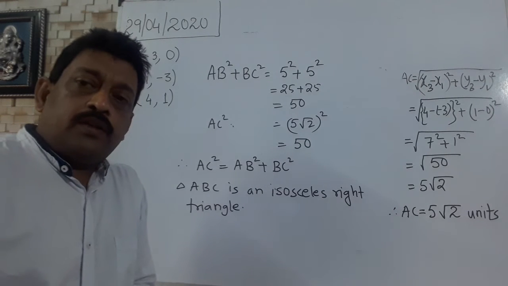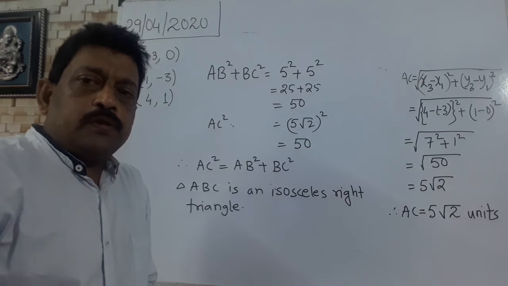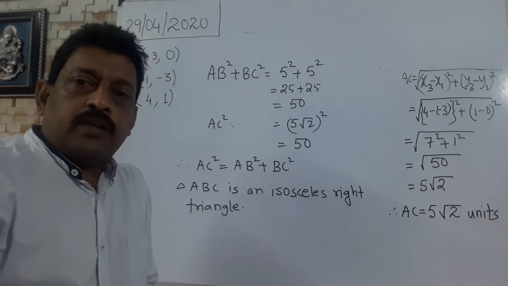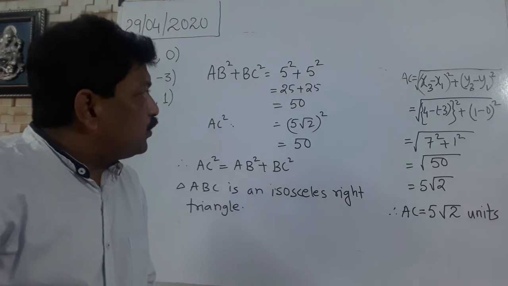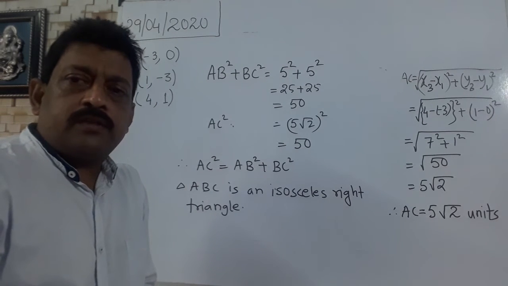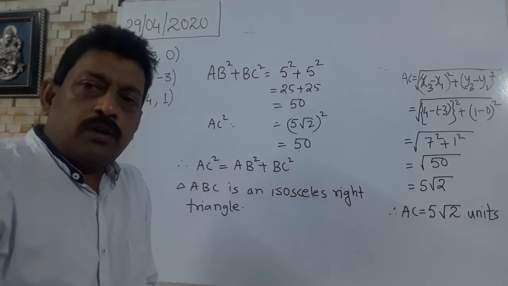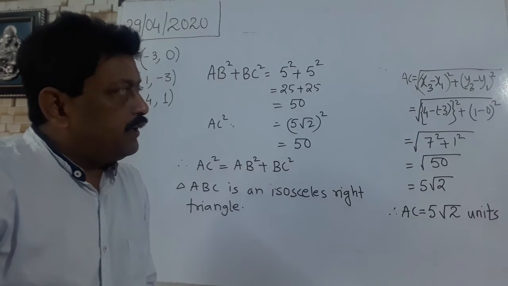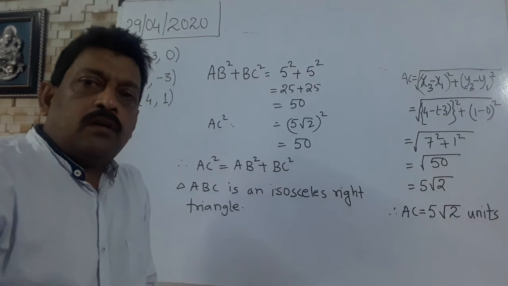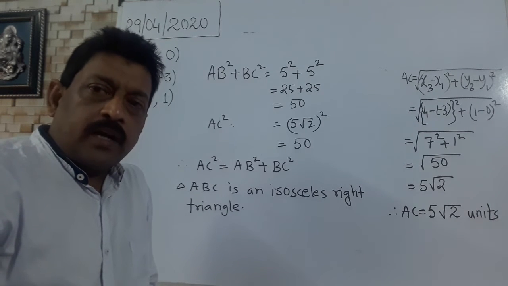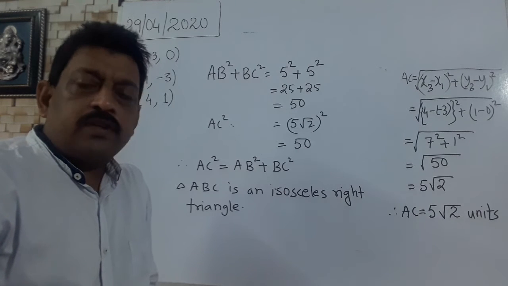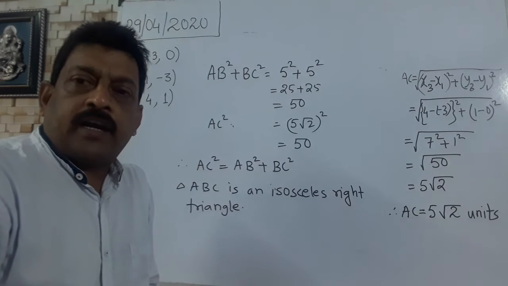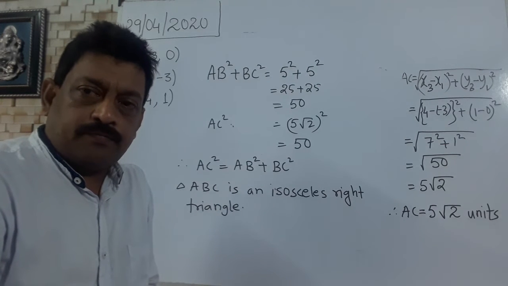So this type of question may come in the boards also, where 3 points will be given to you and you have to check what kind of figure is formed. Suppose all the three distances AB, BC and AC are equal, we all know that it will form an equilateral triangle. And if all the three distances are unequal, then it is a scalene triangle. In case of an isosceles triangle and a scalene triangle, we can check for a right angle triangle. We can apply the Pythagoras theorem.